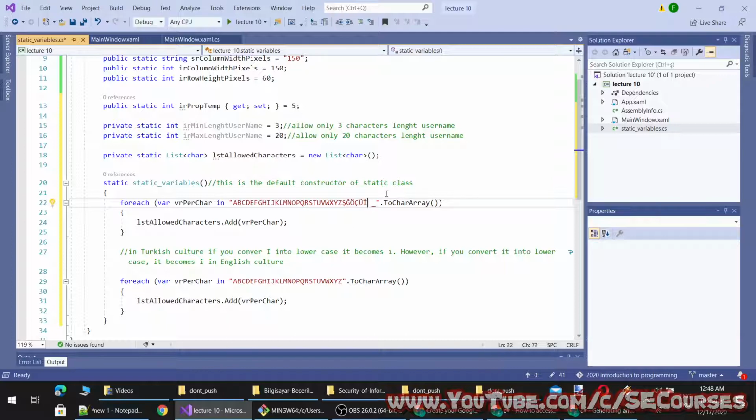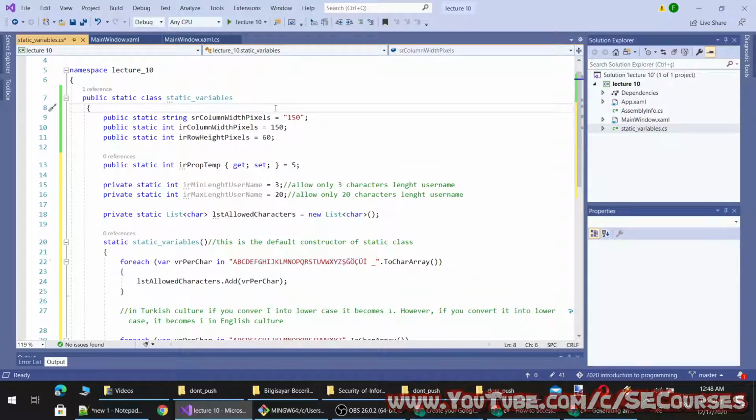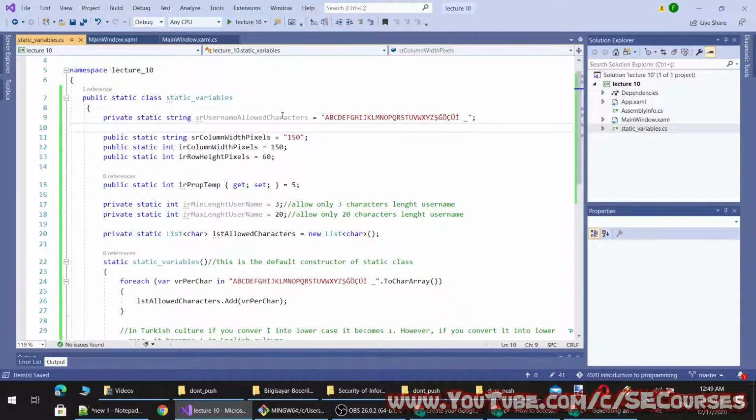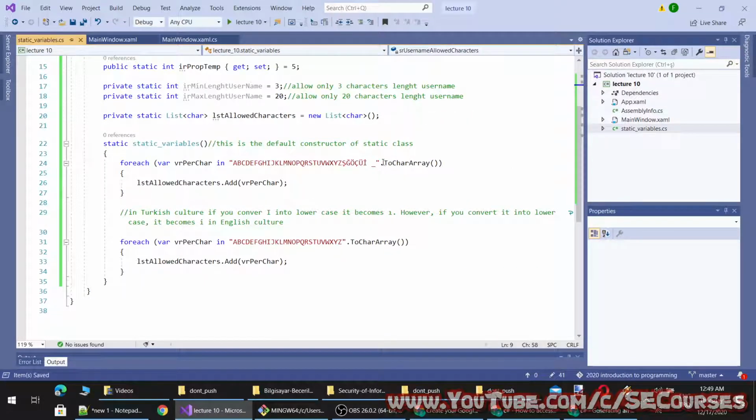And then let's define this as another variable, string characters equal to like this, and then I can use it like this.